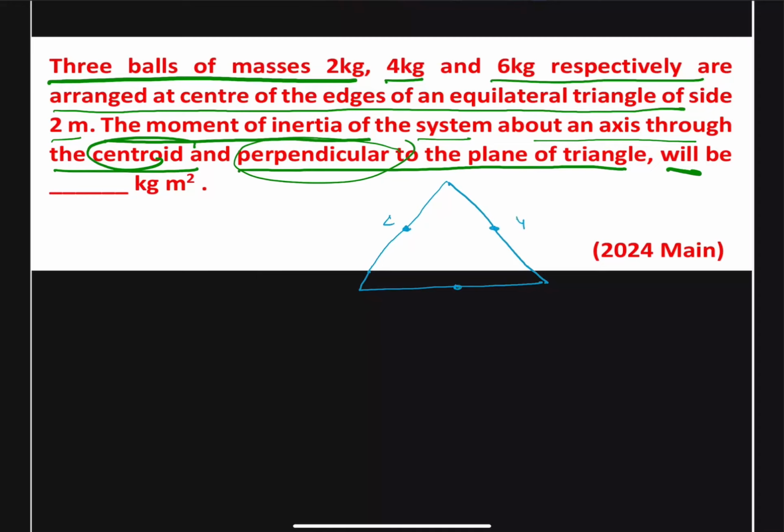Okay, and let us join them. And the centroid, suppose this is our centroid, and the axis will be perpendicular to the plane of the paper. It means it will be something like vertical. Okay,